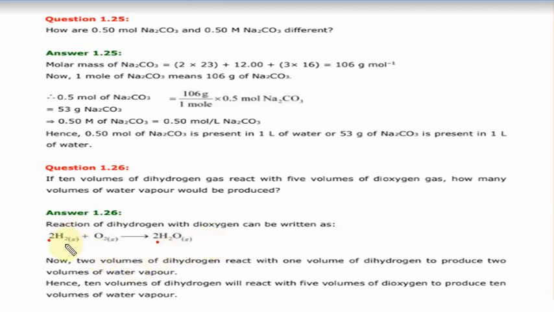So 2 volumes of dihydrogen react with 1 volume of oxygen. अब यहाँ पे अगर हम रिएक्शन को देखें तो यहाँ पे क्या हो रहा है, 2 वॉल्यूम ऑफ डाईहाइड्रोजन रिएक्ट विद 1, क्योंकि अगर यहाँ पे कुछ नहीं है it means here is 1. 2 volumes of hydrogen react with 1 volume of oxygen and make 2 volumes of water. So it is very simple, जितने यहाँ पे वॉल्यूम है उतने ही यहाँ पे होंगे. So if 10 volumes of dihydrogen are there, then how many volumes of water? Yes, 10 volumes of water will be formed. So this is all for today.